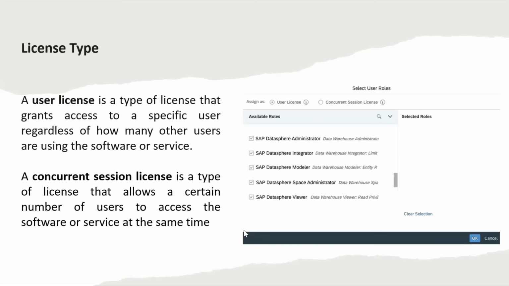That if we have developed one application from SAP Datasphere, like an analytical model, and on top of that we have created some views or some dashboards, and if we have a user license, then it doesn't matter whether this service is already being used by 10 users or 100 users or 50 users. It doesn't matter. But in case of a concurrent session license,